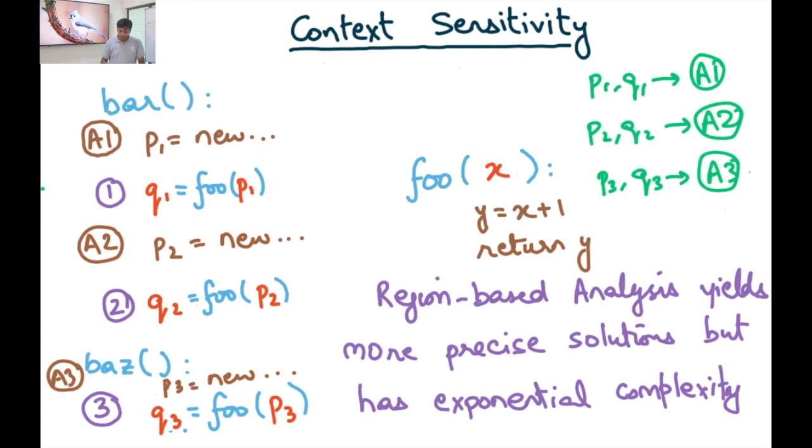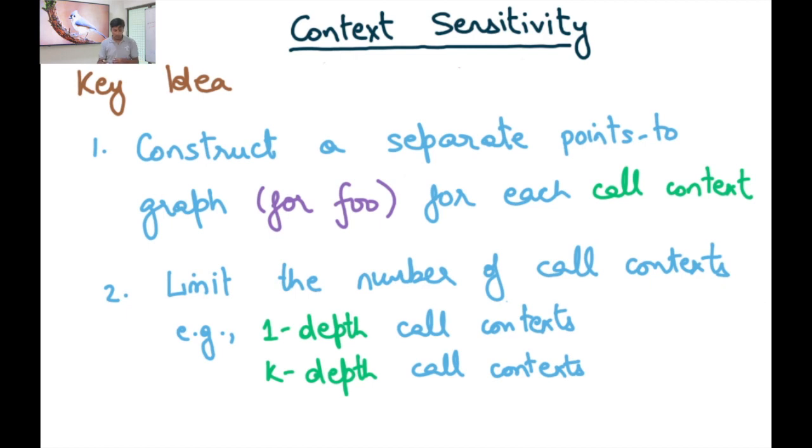So to summarize, region-based analysis yields more precise solutions. In this example, these are the kind of solutions that we'll get, but it has exponential time complexity, and that's a deal breaker. So that's a good motivation for context-sensitive analysis, and the idea here is that we will still construct a separate